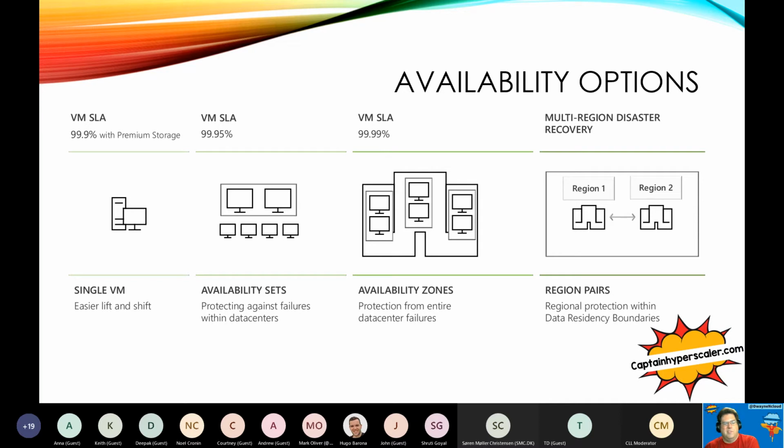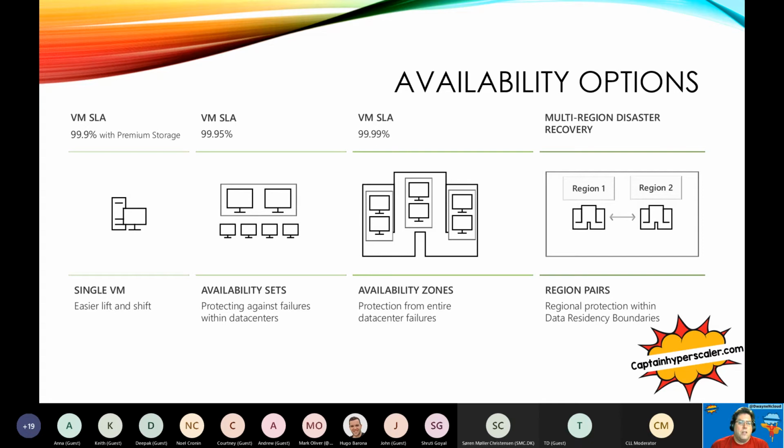So you'd have to look up the numbers on it. I don't know them off the top of my head. I think in terms of a month, that's up to an hour of downtime, I believe. If you look then at using availability sets, where you have at least 2 virtual machines, and that's what it's kind of showing in this slide, it's showing it as up to 6. It upgrades that to a